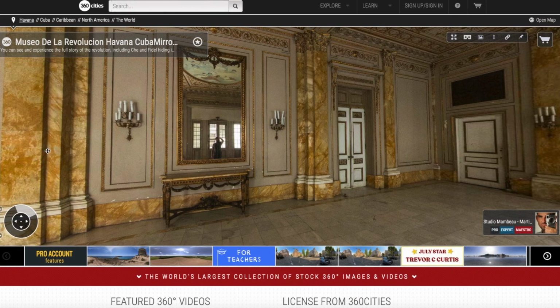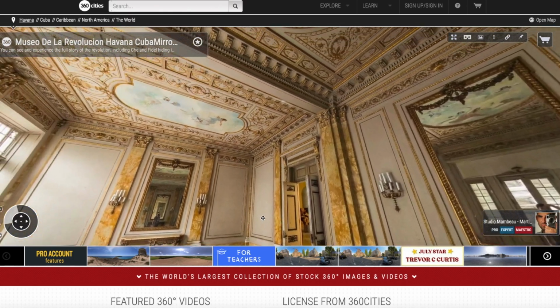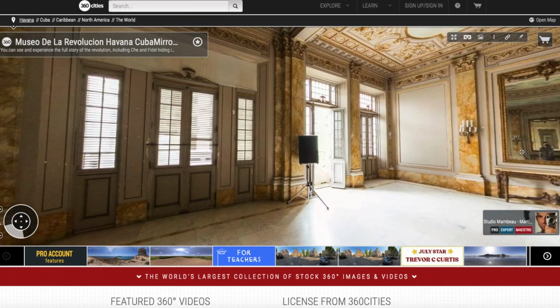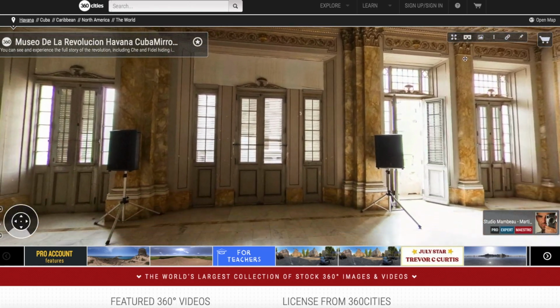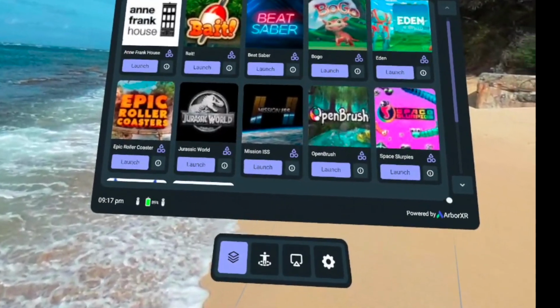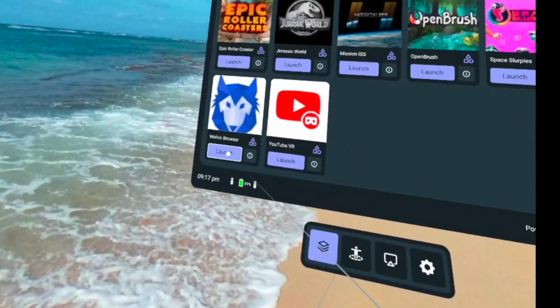360Cities is a website where you can view 360 images. You can search through hundreds of images from all across the world in various settings and look at these places in full 360 degrees. To view 360 Cities on the Oculus Quest 2 goggles, first scroll down and launch the